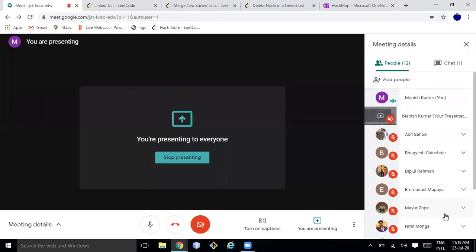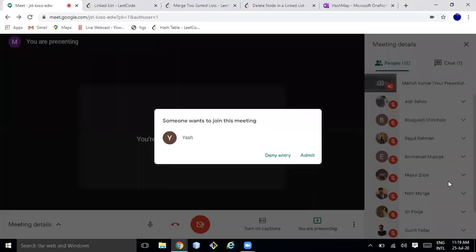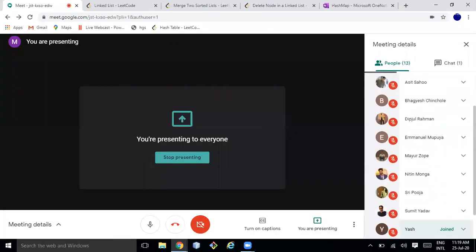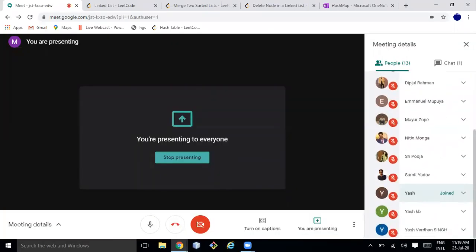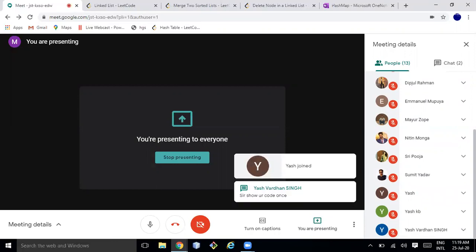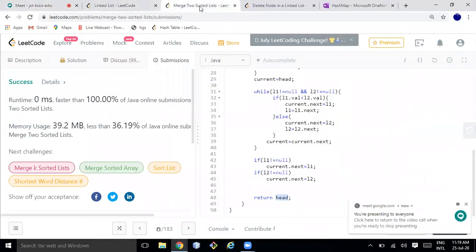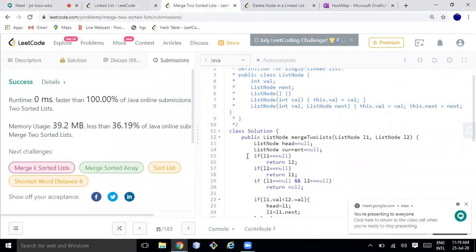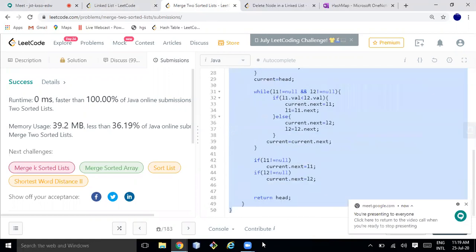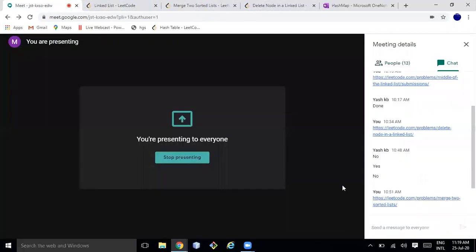Dipjul, Emmanuel, after a long time Emmanuel joined. Shri Puja, Yash, Yash Bardhan. Okay. I can paste this code in the chat box also if you have any confusion.